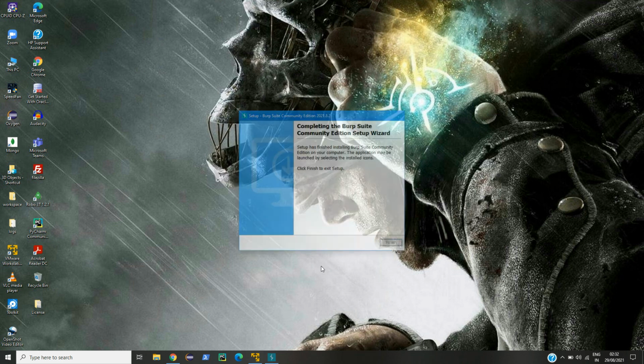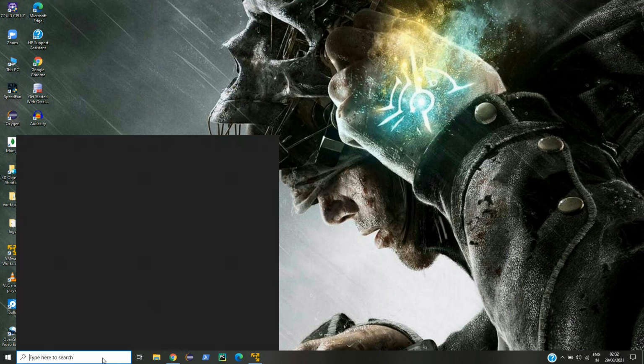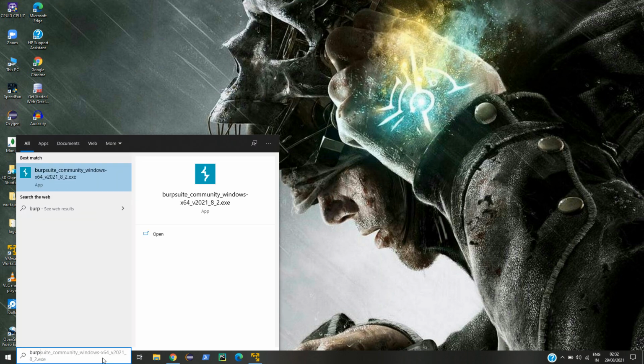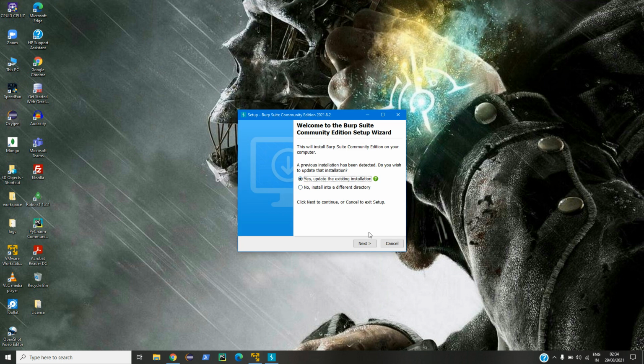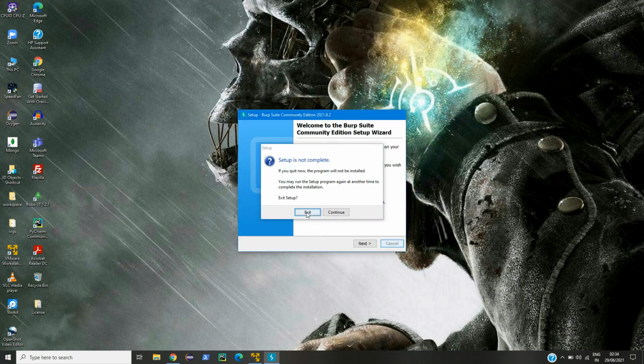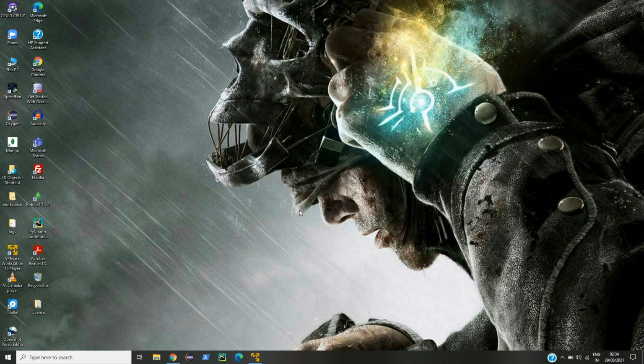Now click on finish, and now we can open that Burp Suite. In a similar way we can also configure this Burp Suite as we did in our Kali Linux. So this was a quick overview of Burp Suite,